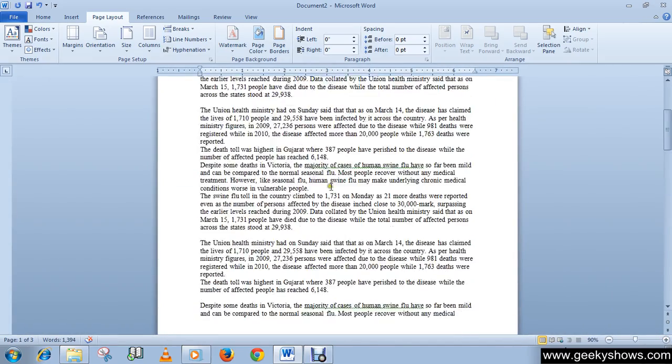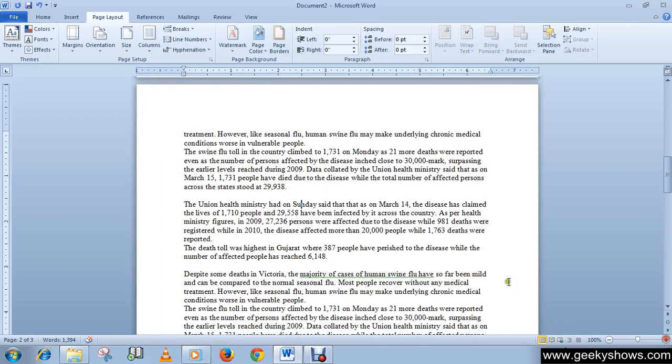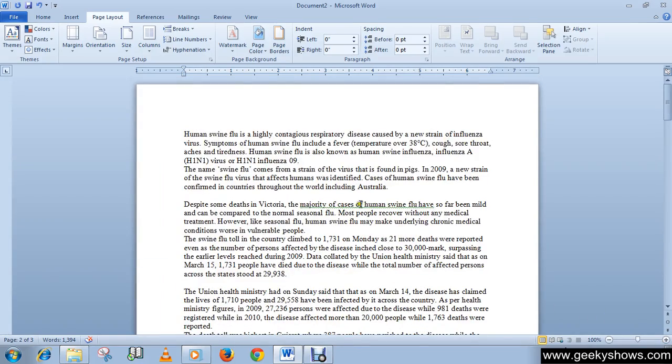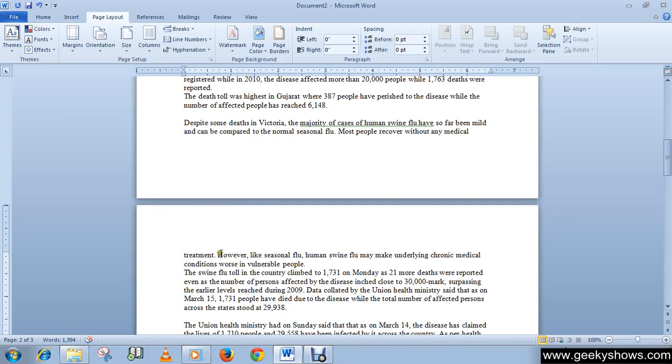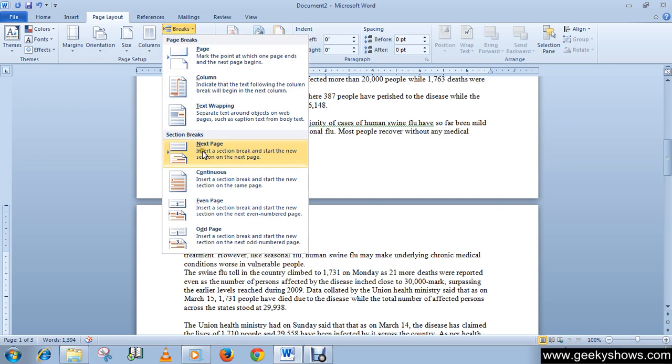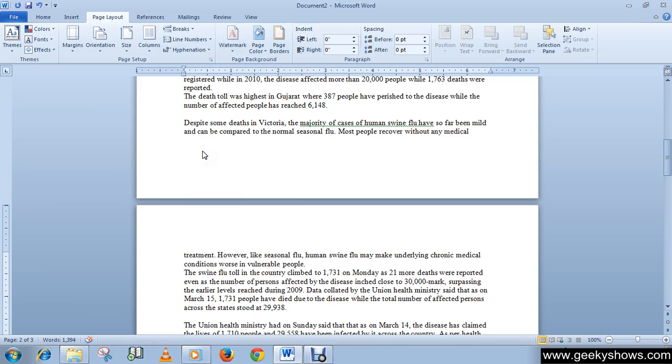I want to change the orientation of my second page, changing this portrait page into a landscape page. Let's see how I will do it. Just click here once, then go to Break, then click Next Page.